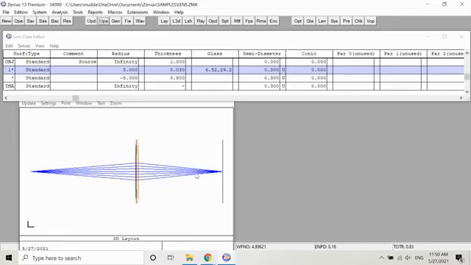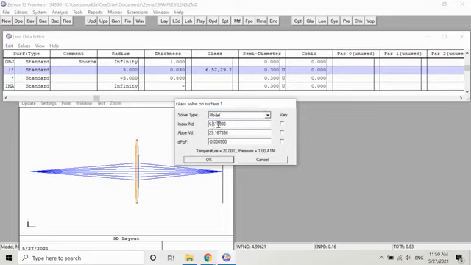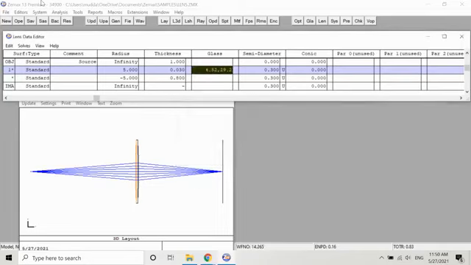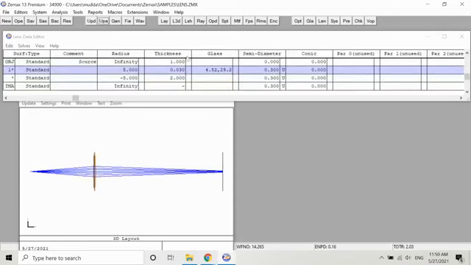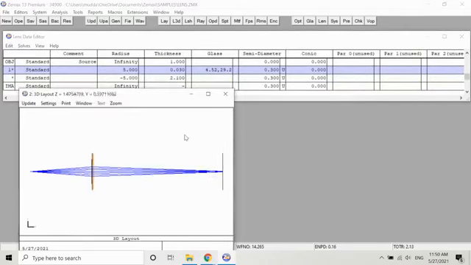Now if you want to change the focus point of your lens, you can simply change its glass type. I am taking it as 4.5. Then you need to update all to apply the changes to your design. You can see now the focus point has changed. So now I will just make it 2 mm. Let me see, 2 and then 2.1. Now here you can see the focus point has changed because of this glass type. So you can change the glass type according to your use.